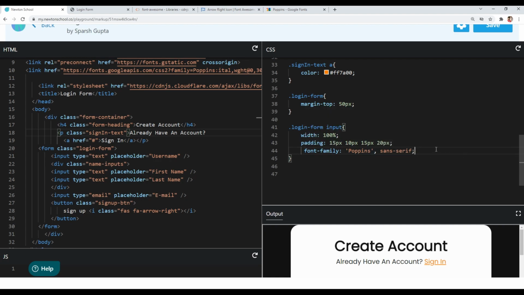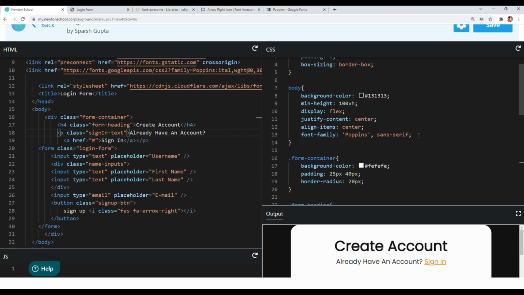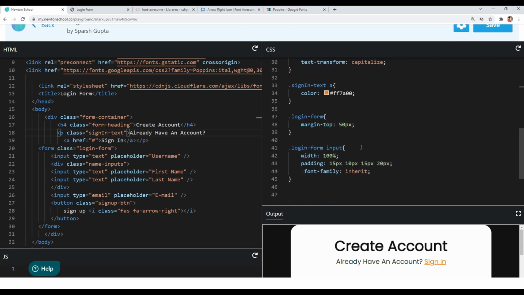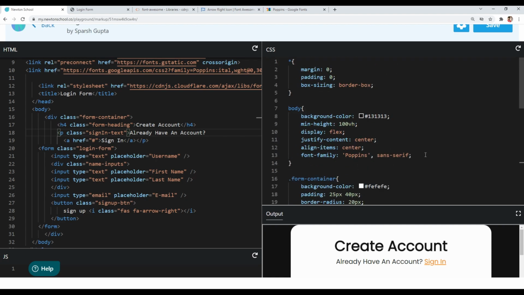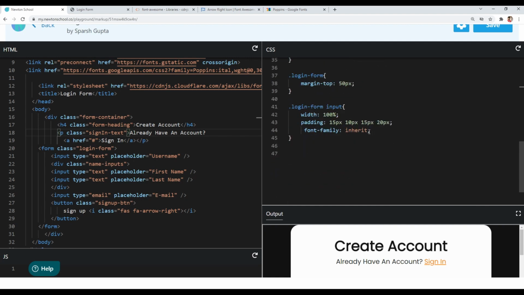But as I taught you in the last video, you can use the inherit keyword here. So later if you want to change the font family, the inherit keyword will inherit whatever font family you used in the parent element. So it's better to use the inherit keyword here.